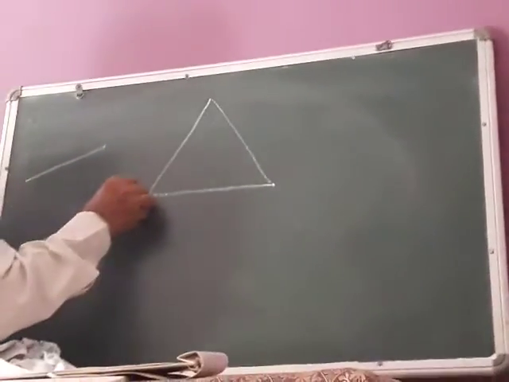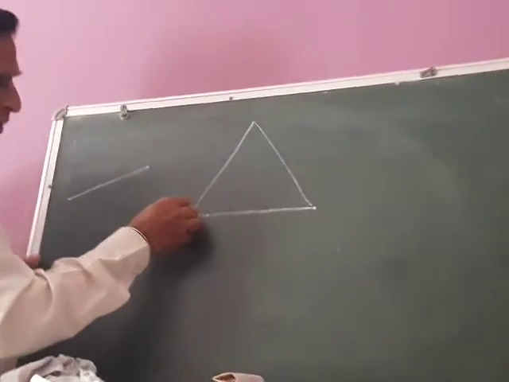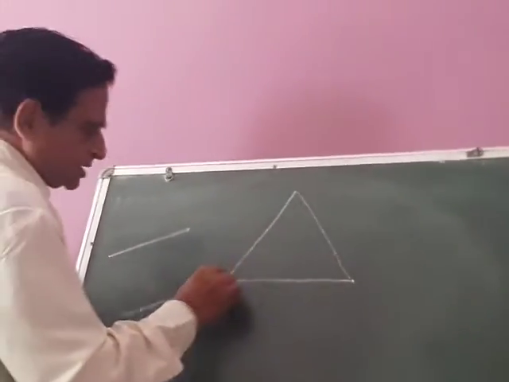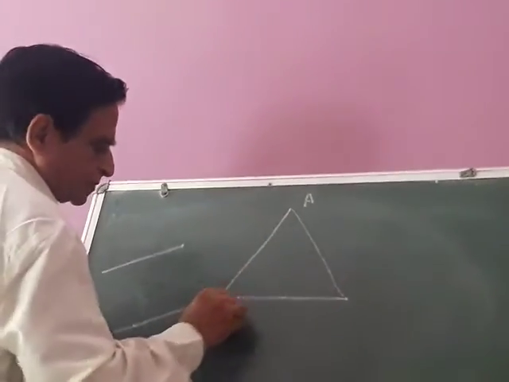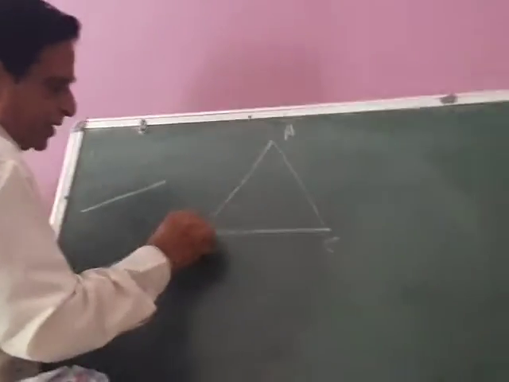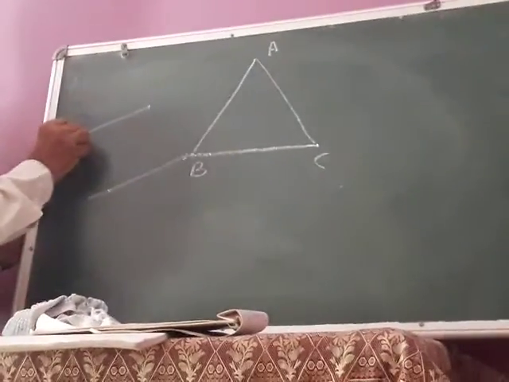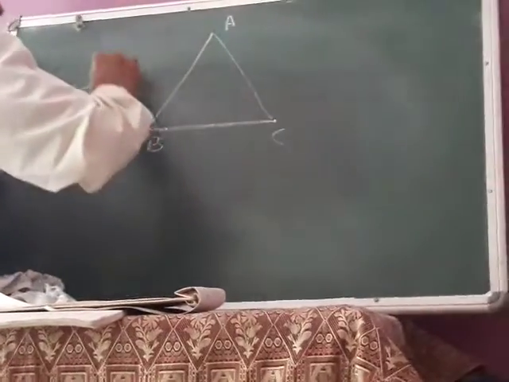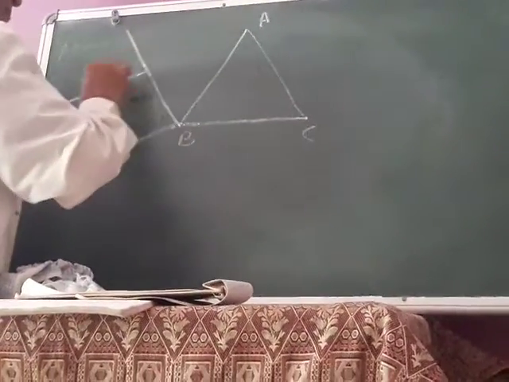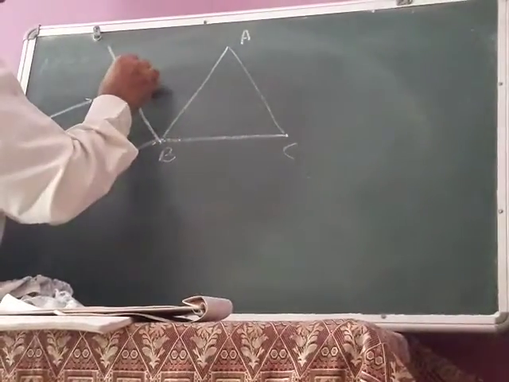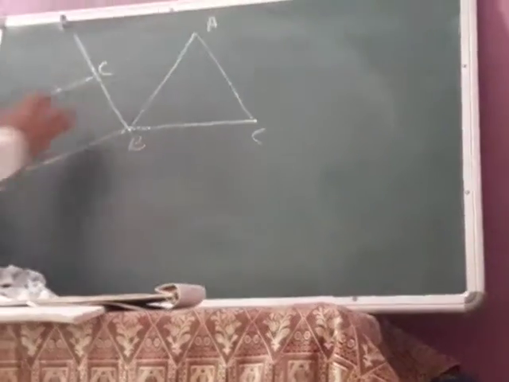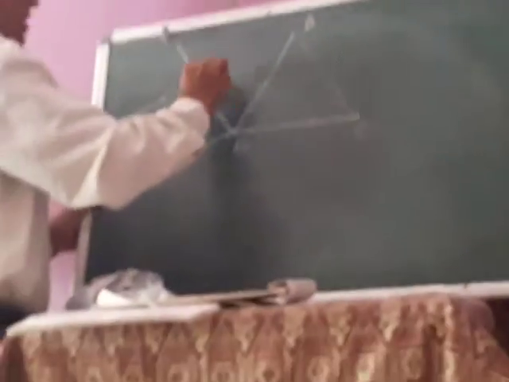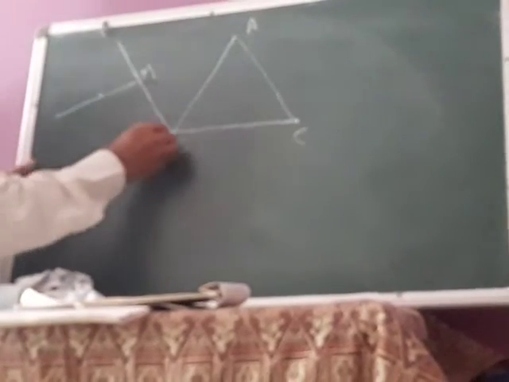Say like this. When it reaches this point, you can say this is A, B, C. When it reaches this point, this part of the wavefront is here. So this will be your incident wavefront. This is B, you can say C. So VM is the incident wavefront.